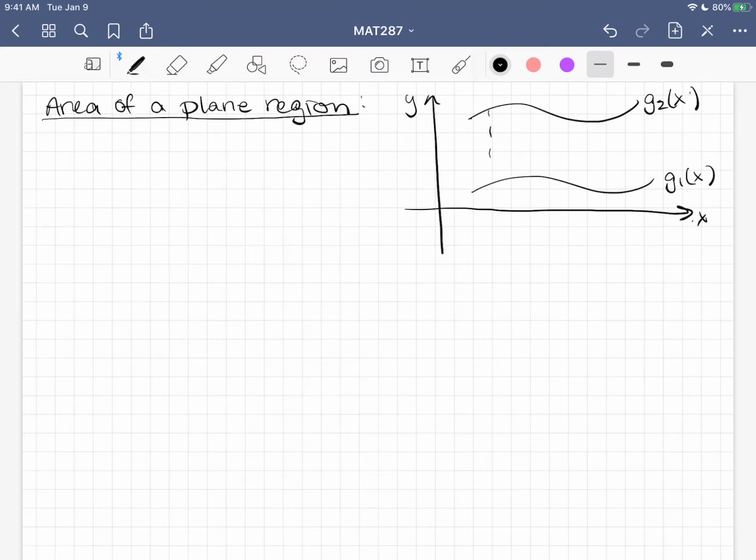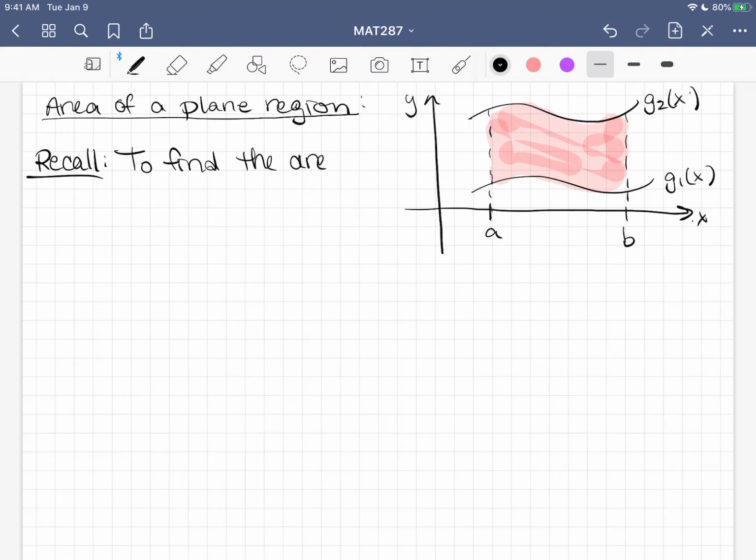And say I want to go from some point A to B, and I'm looking for the area of the region bounded by those two graphs between A and B. Well, you've done this before. You did this in Calc 1 and maybe in Calc 2 also. So to find the area of the shaded region,